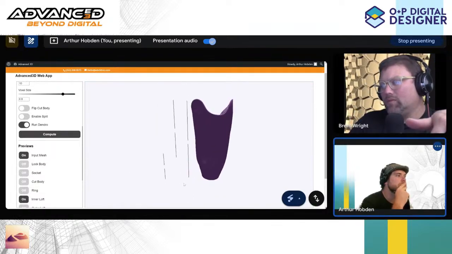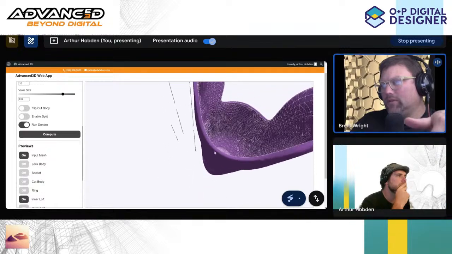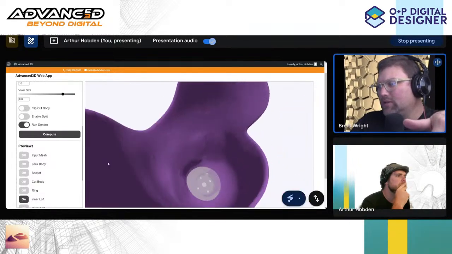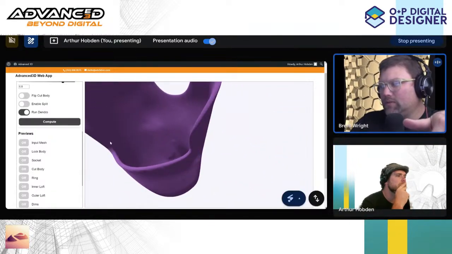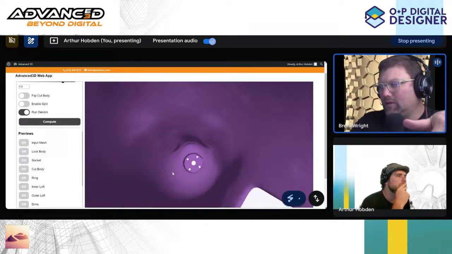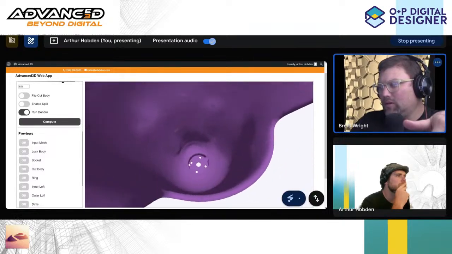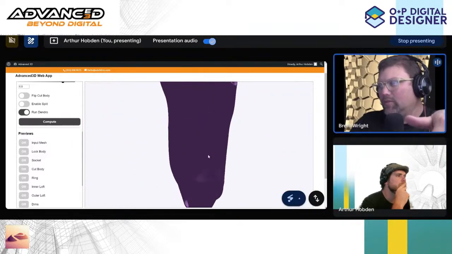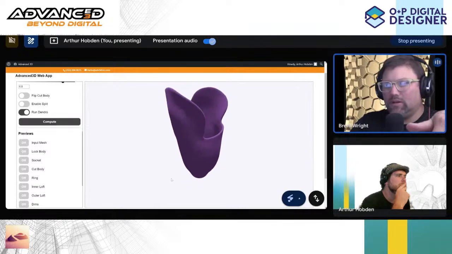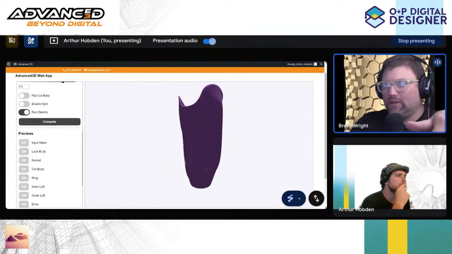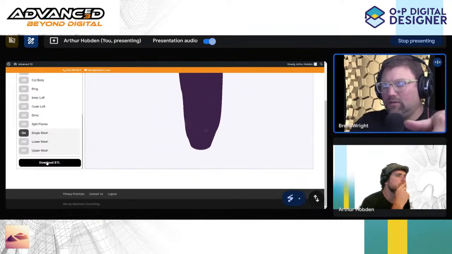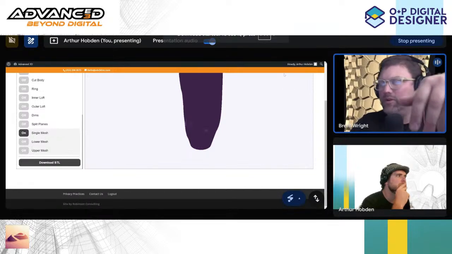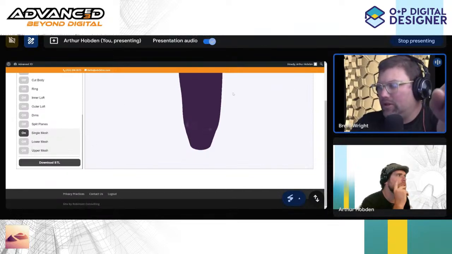Ooh. So there is the final socket. So let's look inside and see what it did. Oh, yeah. So it did the right thing. So it gave you your relief. And it made the socket the way it was supposed to. Awesome. So you can export that out if you scroll down on the left-hand side, and then open that up in Builder, and you'll get a better idea of what's